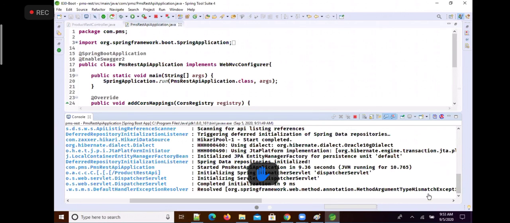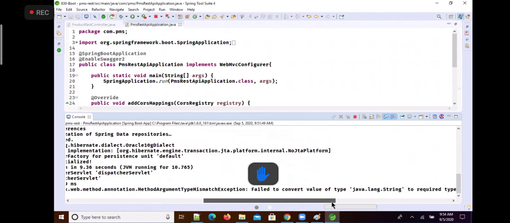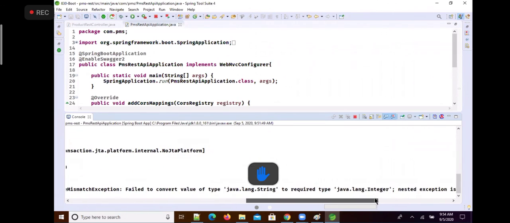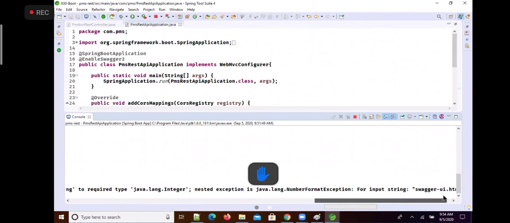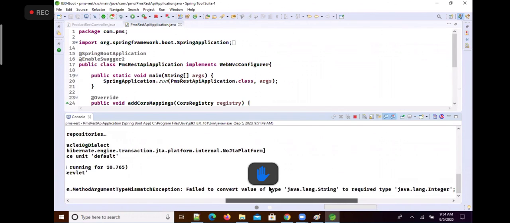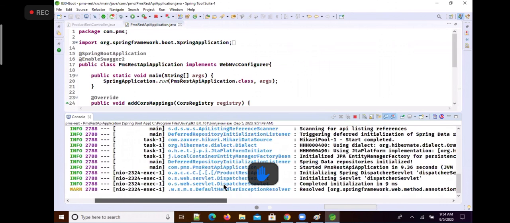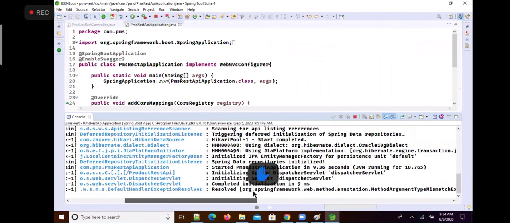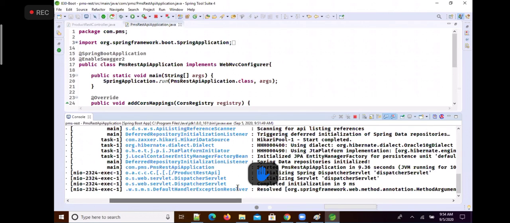Method argument type mismatch. Okay, it is calling that endpoint. ID endpoint is there, not? It is calling that ID endpoint. When you type swagger-ui.html, it is going to call ID endpoint of the product REST API.